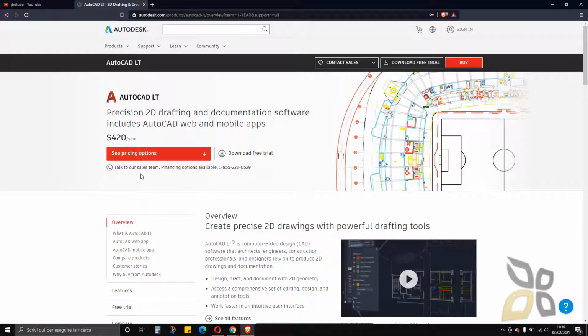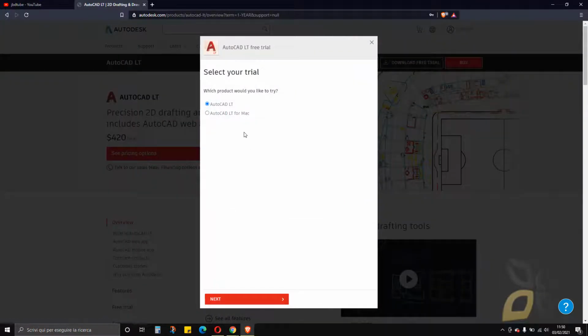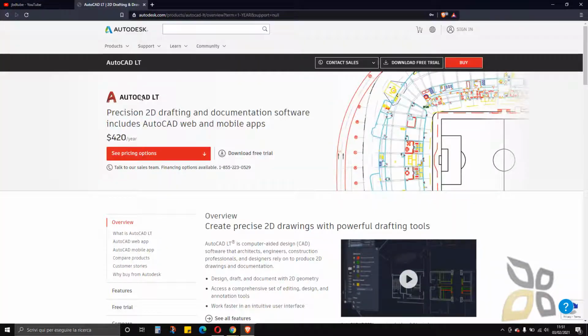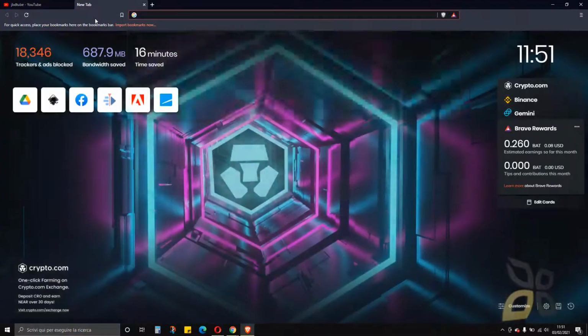You can download it. This is the price. You can download a free trial. You can buy it, and for the free trial you can choose. Well, this is the light version of AutoCAD. If you want, you also have the full version. Depends what you have to do. Just look for all the information inside